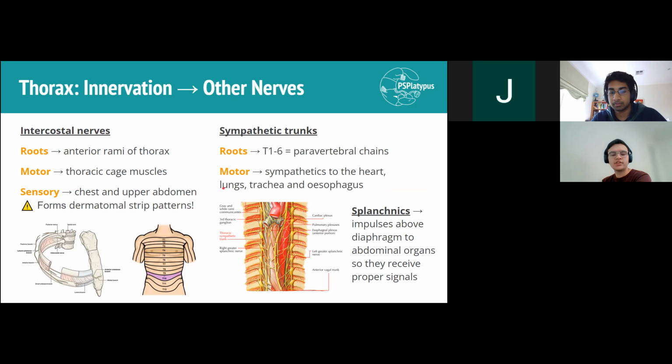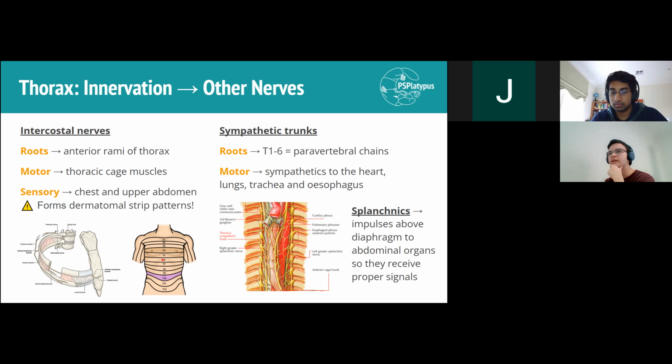Okay, other nerves just to have a think about are going to be those intercostal nerves. And I've already talked about this a lot. But just remember that the roots are coming from the anterior rami of the thoracic nerves. Then you've got the motor components. They're just going to be supplying the muscles that are between those ribs that they're acting on. And then the sensory function is going to be in the chest and sometimes in the upper abdomen, because they sort of, if you have a look at the dermatomal patterns, they kind of go downwards